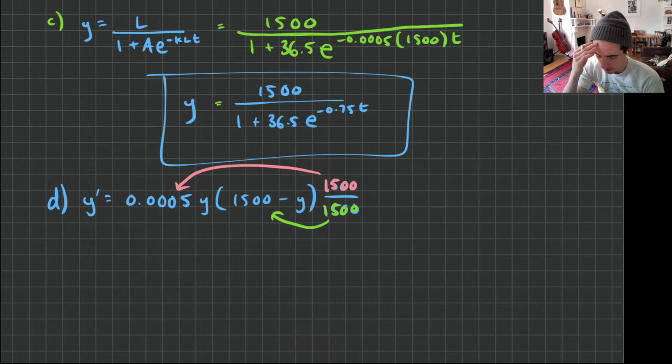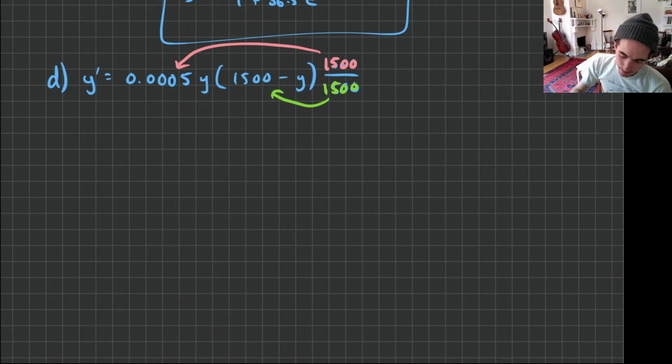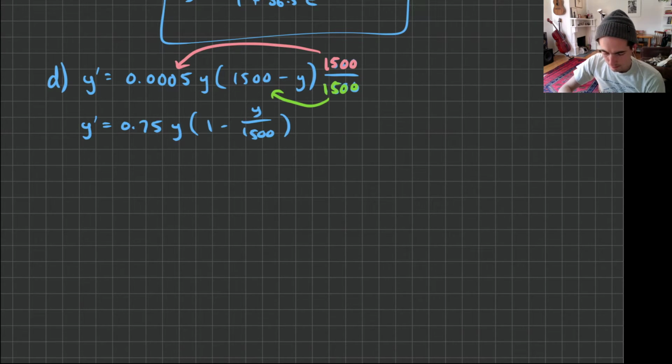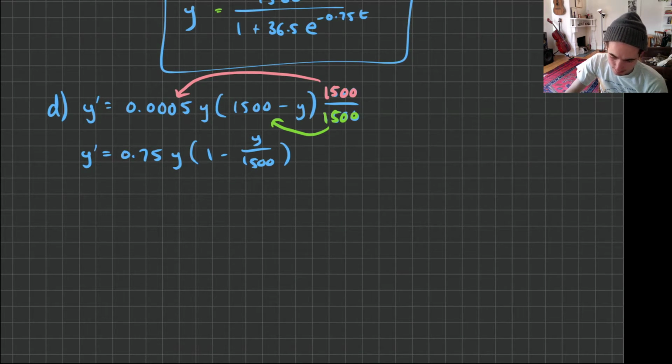That's exactly what it's asking for. I'm just doing it with very explicit algebra, so we can do it both ways if you want. What I'm doing here is, well, y prime is equal to, well, 1500 times 0.0005 is 0.75. And 1500 over 1500 is 1. And I've got y over 1500. So yeah, that's pretty much all I did, is that this was one version of the k, this is another